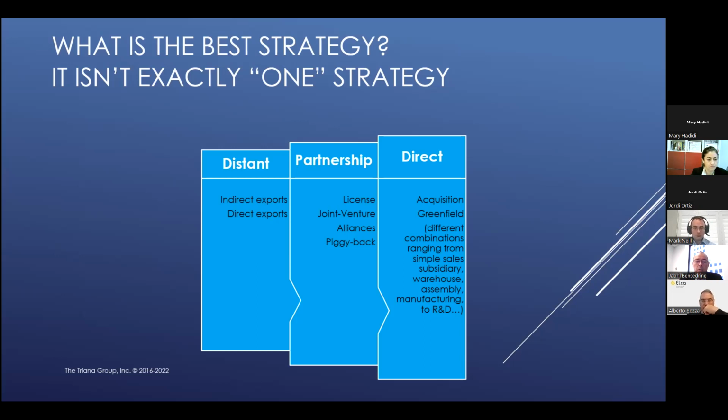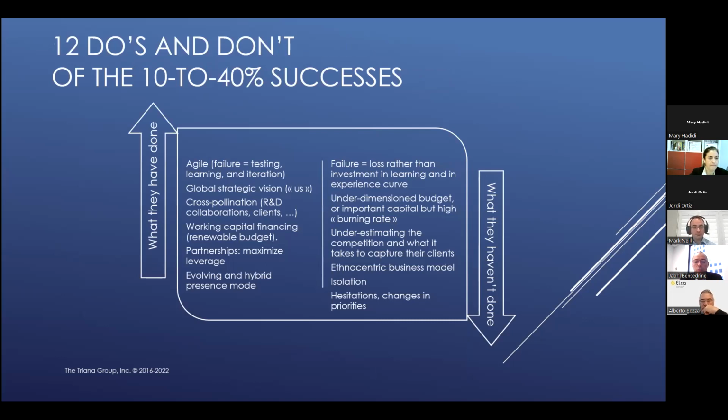So moving to the next slide, this one basically explains, and there is a recap here, which I'm not going to go over right now because this typically is a 1-hour webinar, because it comes illustrated with a number of examples. But again, analyzing 120 companies, I came up with the 12 do's and don'ts. If you want to be part of those 10 to 40% success, depending on what your goal is, if you want to be part of the 10% that really are going to get to a very large scale, or if you at least want to be part of the other 30% that is going to be established sufficiently, there are